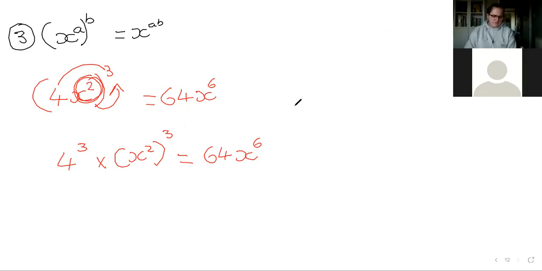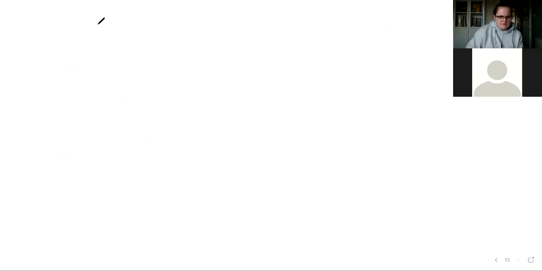So that's sort of the basics of where we would go with that one. It's 5 minutes, so I'll show you one more example, because this is where it gets a little bit sort of sticky. So I'll then do a bit more indices tomorrow. So let's use this one as an example. So we've got 4x to the power of 5,